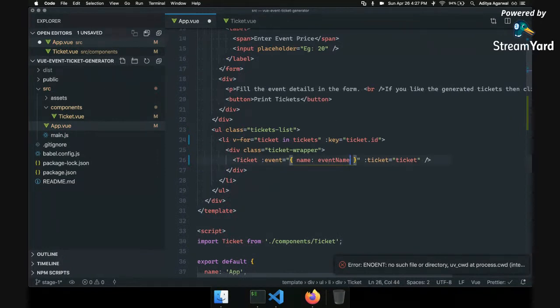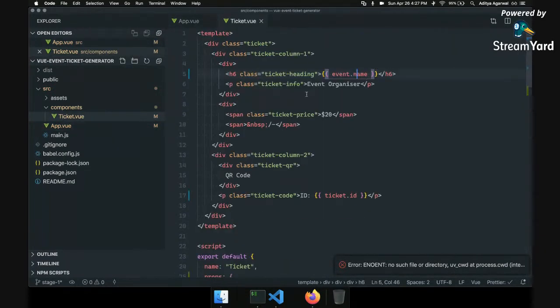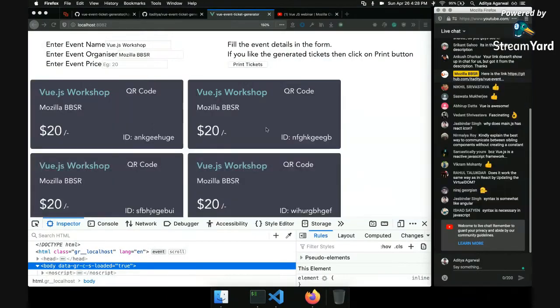So I can say that the organizer is event organizer. And since I've already defined the event object, I don't have to do anything here. I can just directly say here that it should be event.organizer. And you can see it is coming. And if I change this, it is updating.